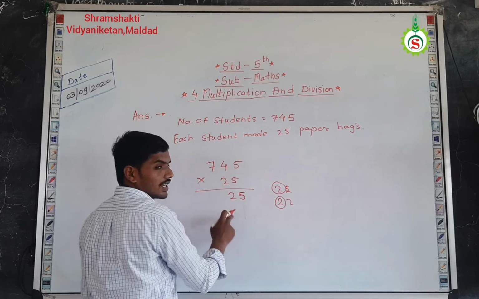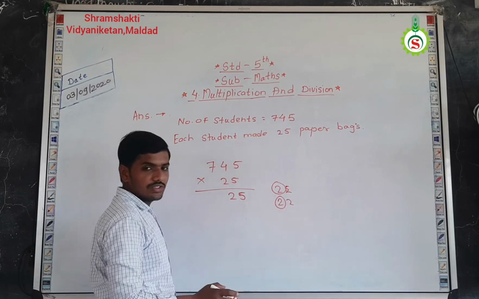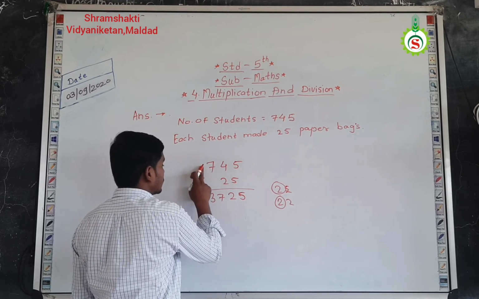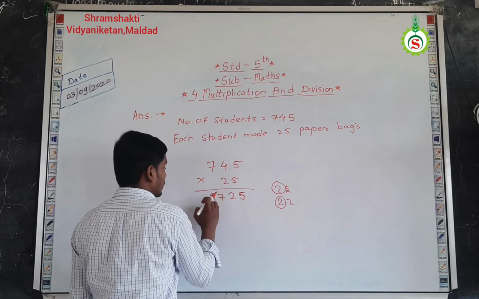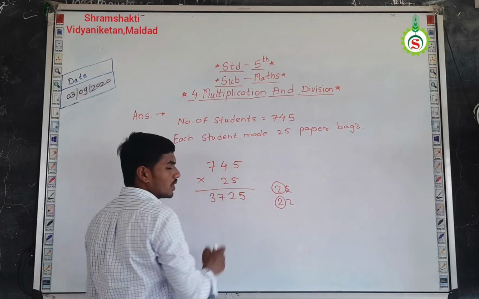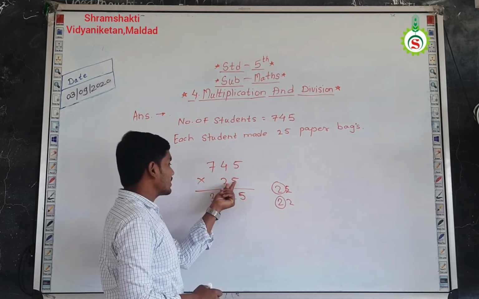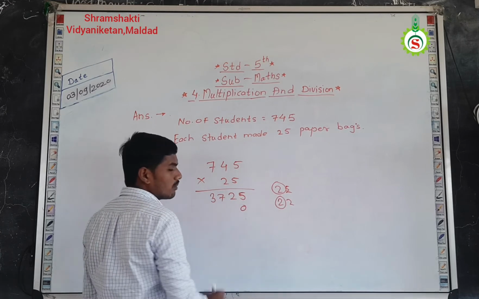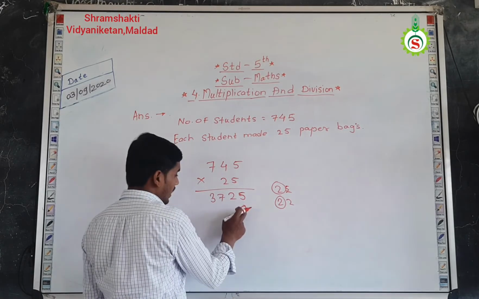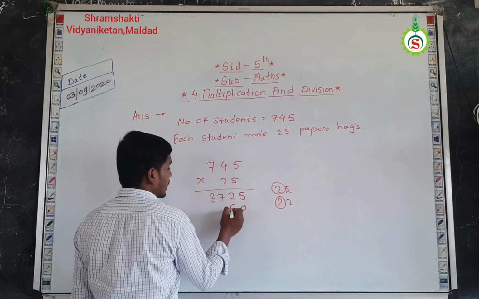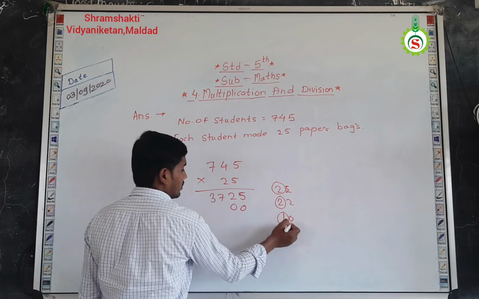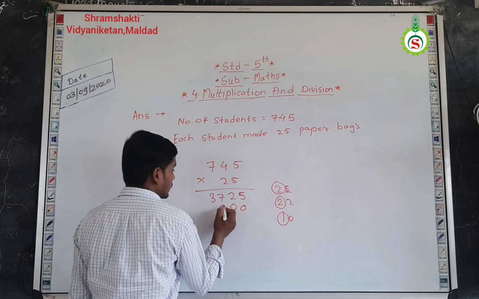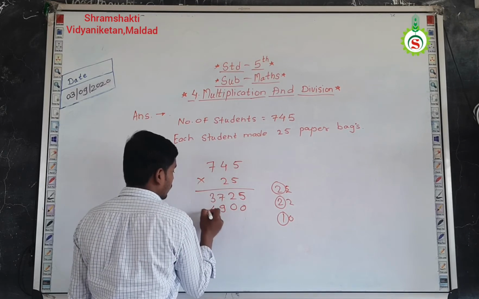Now 5 7s are 35. 35 plus 2, that is nothing but 37. And here there is no digit, that means I have written the number 8. Now I will move toward it. Now that 2 is present at the place of tens. So here I am not going to write anything at the place of units. So I have written 0. Now 2 5s are 10. Out of 10, 1 is carried. 2 4s are 8. 8 plus 1 is 9. And 2 7s are 14.